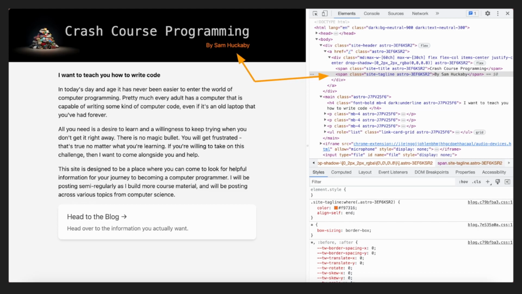Go ahead. Right-click on my name up there and choose Inspect on that one. Then go over to where you see that text in the right pane, by Sam Huckabee, and double-click on it. And change by Sam Huckabee to be by your name, or by the president, or by whomever, and then hit enter. Now, remember, this is a local copy of the website, which means that the changes you make here will be visible to you and you only.